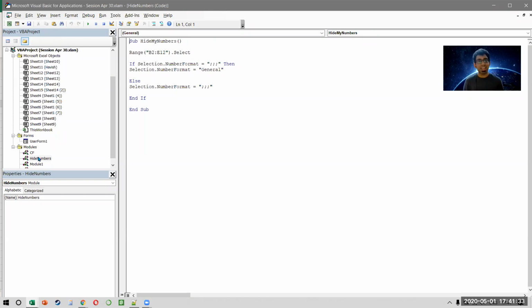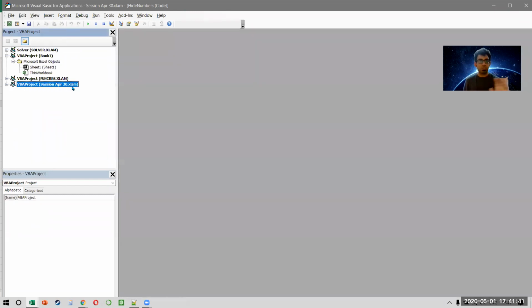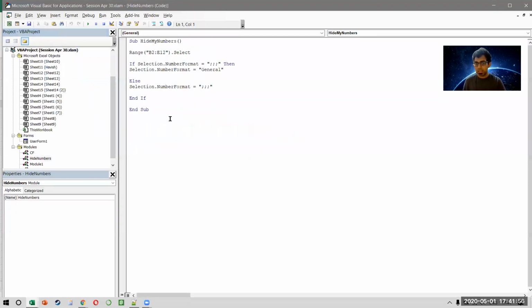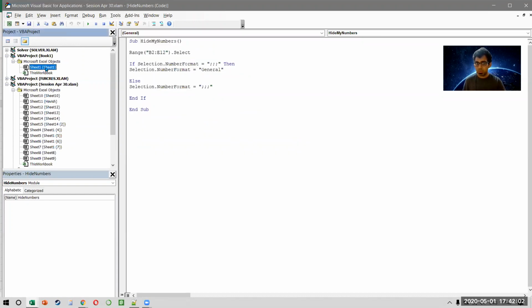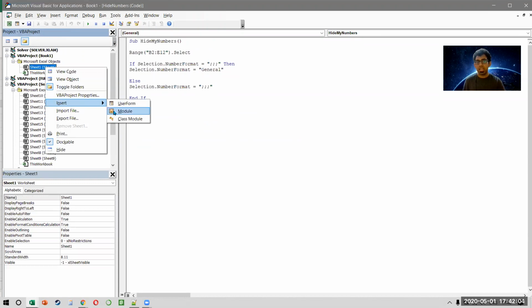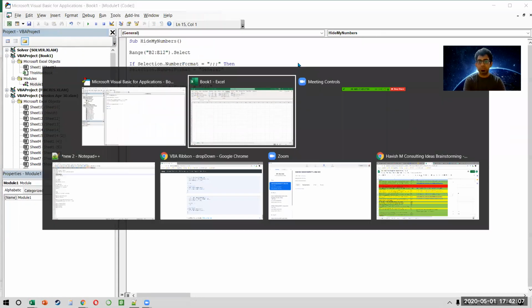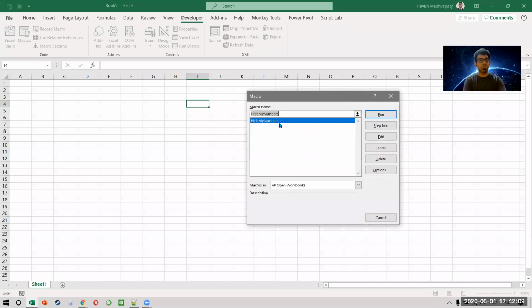Now this is an approach that I like because it's very easy. Think about it. This file called session APR30.xlam will always be there on a user's computer, right? Let's say 15 people in your team all put this file called session APR30.xlam. They will all have this XLAM file with them. How do you run the code? Whenever you want to run the code, you can simply copy one of these codes for that moment, put it in my current workbook. So I can just insert it in my module. And this way, that macro becomes available to me.